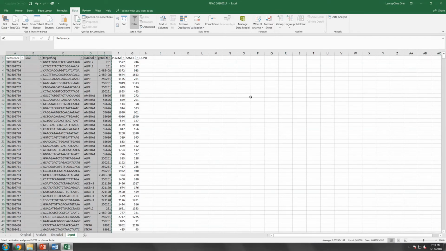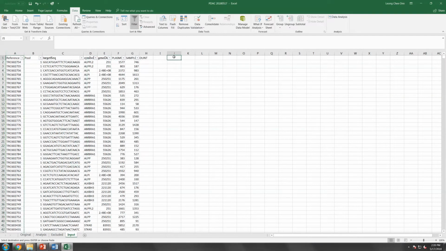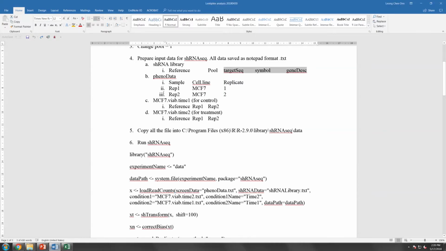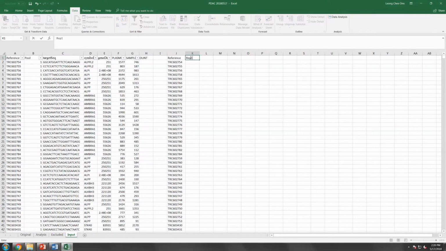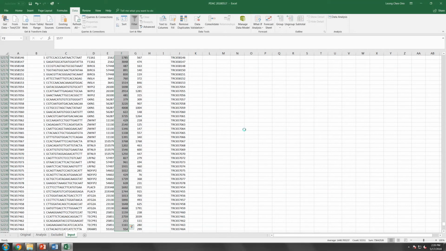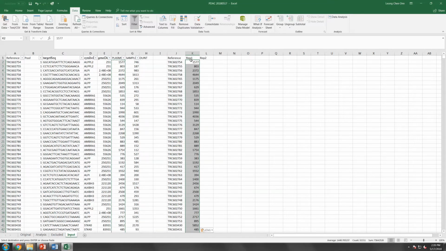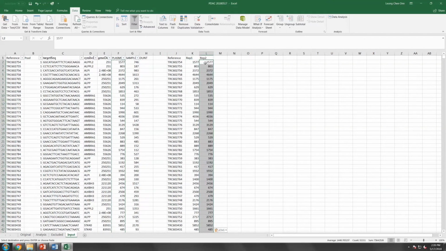create a few more columns. So I'm going to create one column here. This is reference. And then again, for each of the input files, you must have a column for reference, rep1 and also rep2. So I'm going to create a rep1 and then rep2 here. Okay, so this is the data from the control. Since the data set has no replication, I will input the same value into the rep2 as well. So these three columns would then represent the control or the plasmid sample count, and then